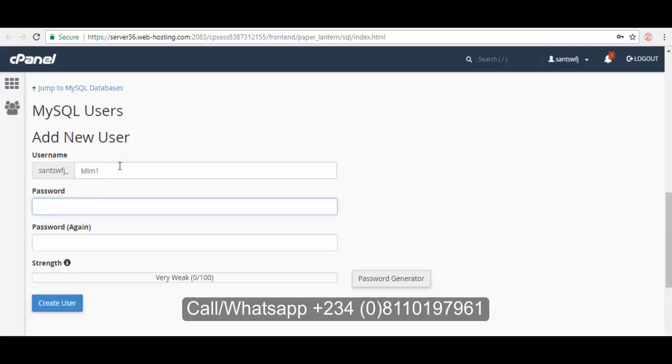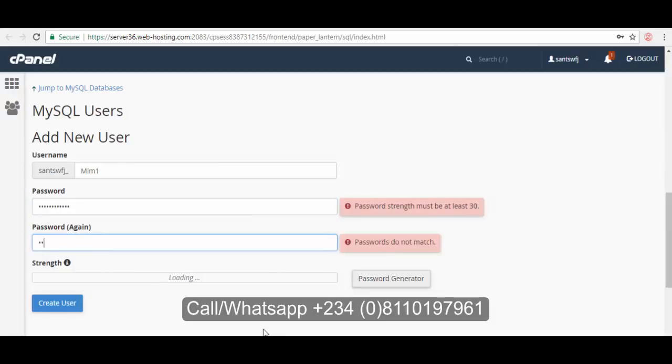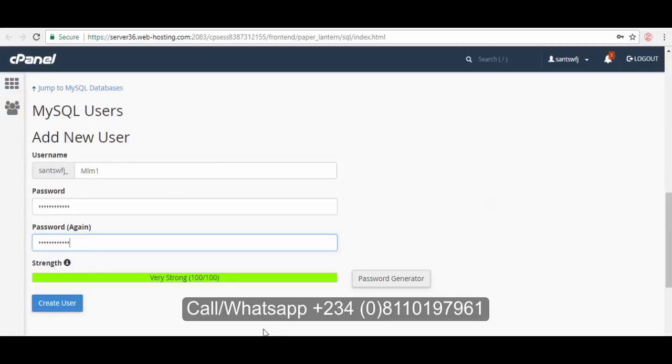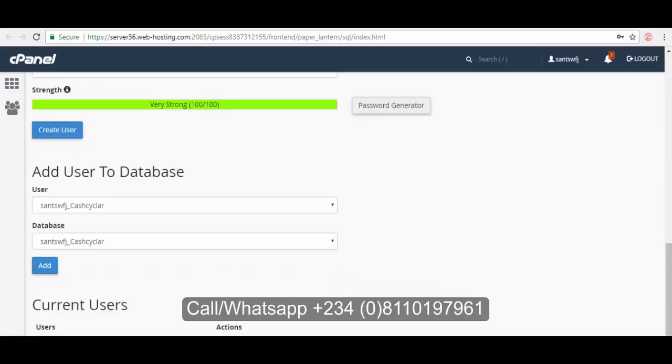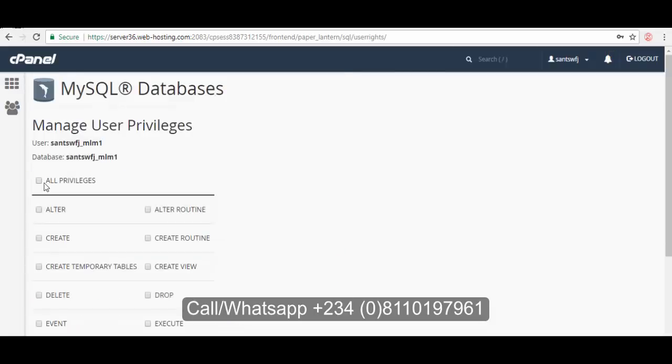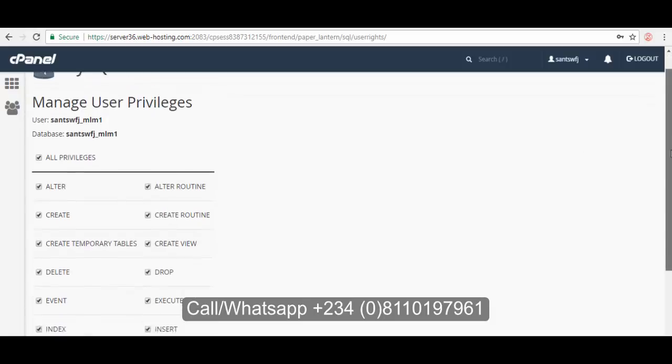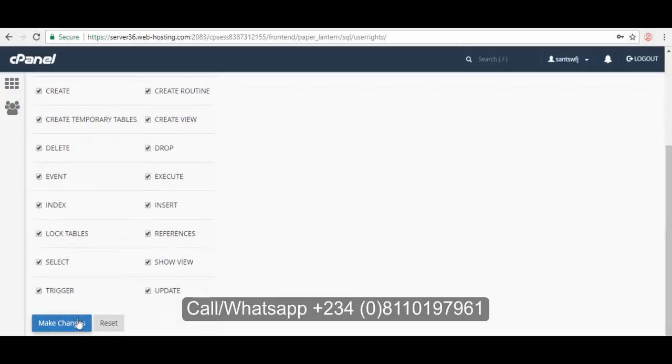Then you give it a password. Then you click on create. After you finish creating the user, you have to add the user to the database, MLM1, and click on add. Then you tick all privileges over here so that all privileges are enabled, and you click on make changes.